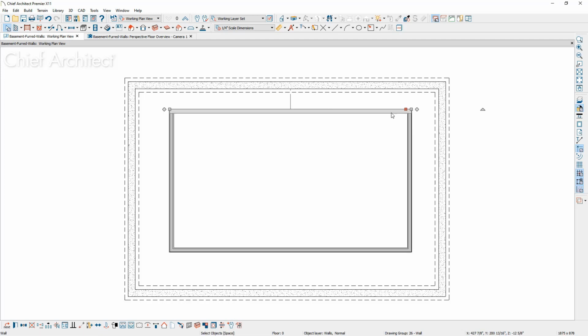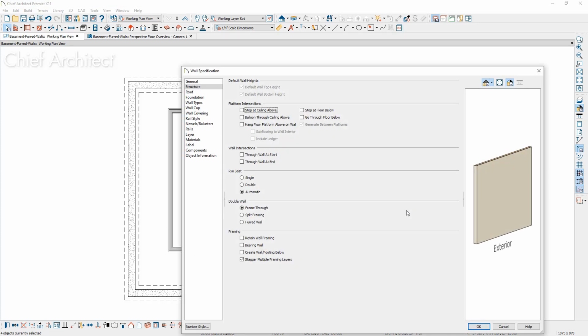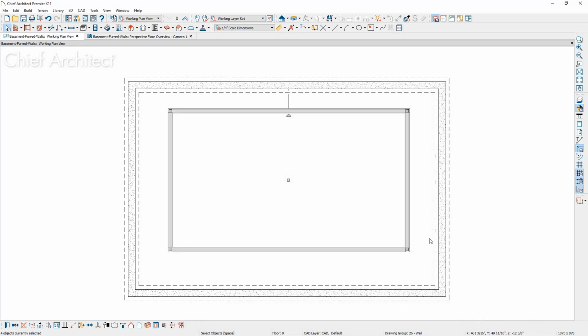Now once this is completed, you may have noticed when I did this, it generated an invisible wall, because when you have what's called an island room, a room inside of a room, so to speak, it creates these. It's very important. One of the things that you do for these walls is you mark them as furred walls. If I grab all 4 walls by using my shift key and clicking on them and then open them up, you're going to find one of the settings on the structure panel down towards the bottom is to mark it as a furred wall. What that's going to do is tell the program that you will ignore making an inside room on this outer area, and then we can actually get rid of that invisible wall.